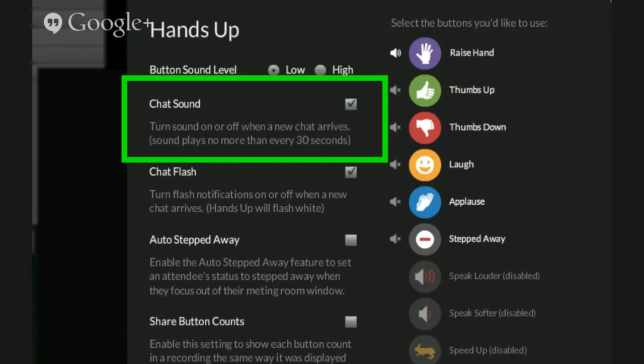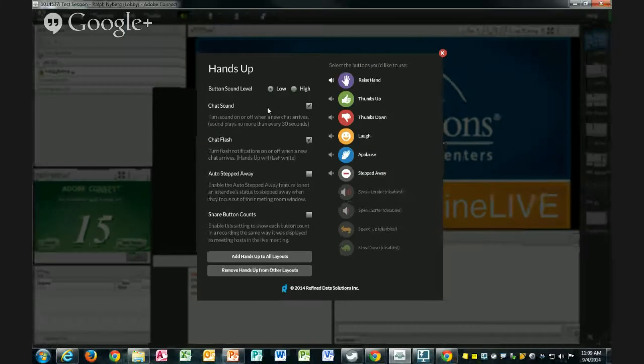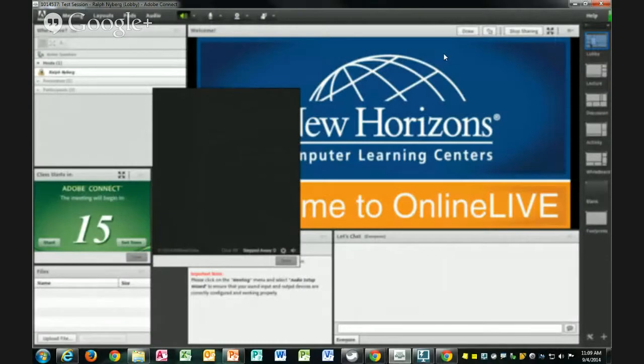Depending on how much chat's going on in your class, it may be distracting to have that much noise, so that's really an instructor preference issue there. And then I go ahead and close. Got everything muted. Okay. Now remember, you're going to want to mute it here in the settings, because if you